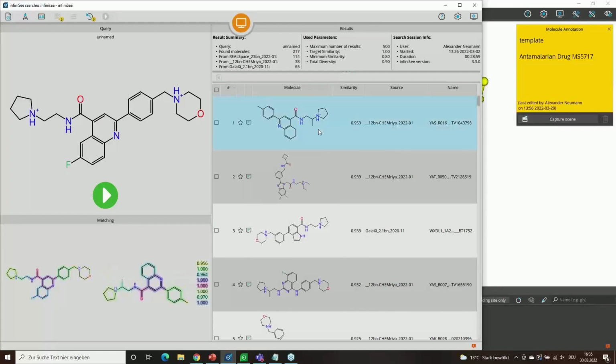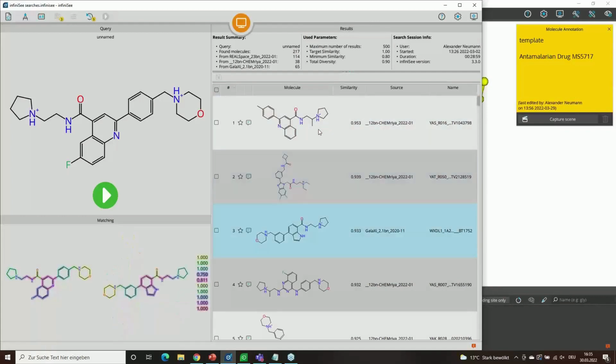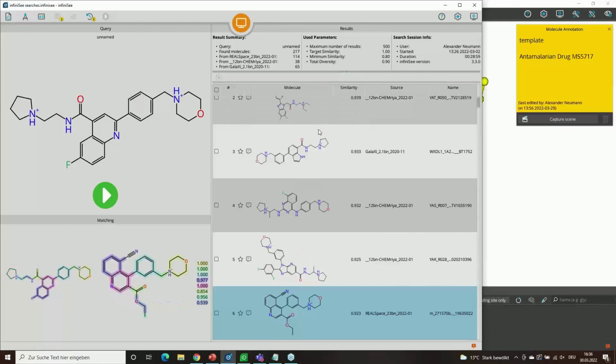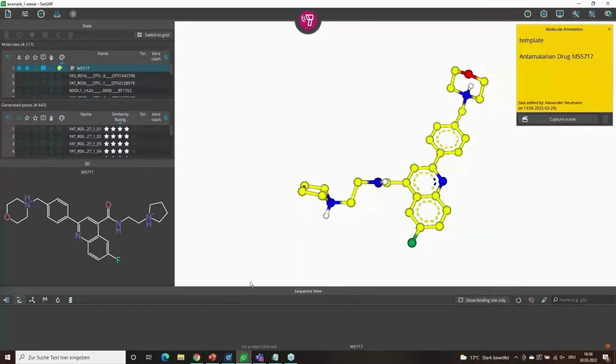And once you click the results, you obviously have no idea which of those are of greatest interest to you and which are more likely to be active or not. So what you can do with this kind of search, where you don't know, is this really the good thing: because FTrees is very agnostic to stereochemistry, you can use the results from Infinity and load them into SeeSAR and perform an enrichment